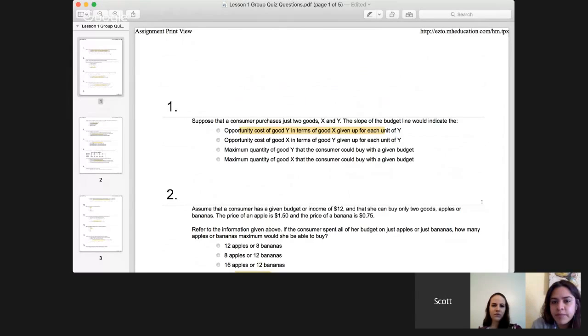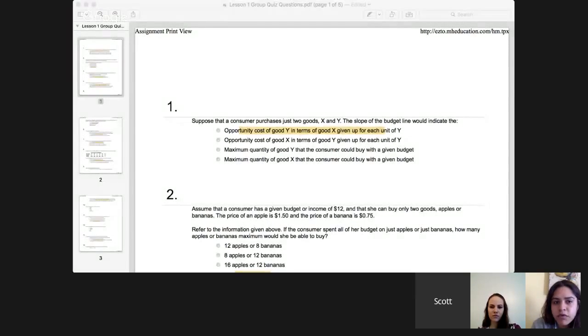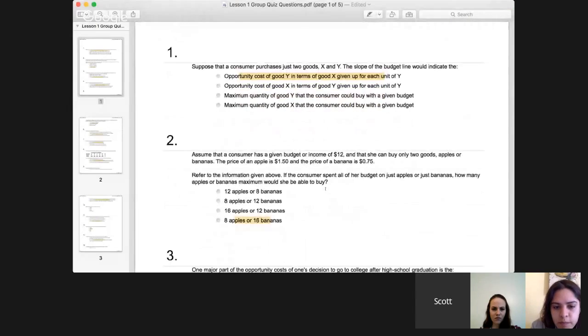Yeah, I wasn't sure about number one, because I looked at it and I don't know. All right, so let's run through it really quick. The question says, suppose that a consumer purchases just two goods, X and Y. So the slope of the budget line would indicate